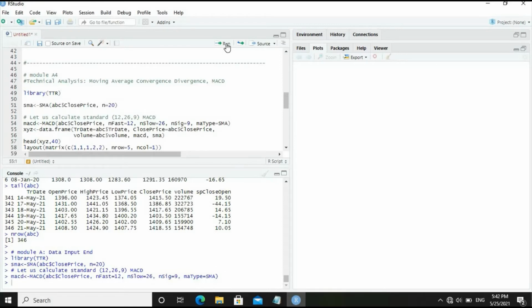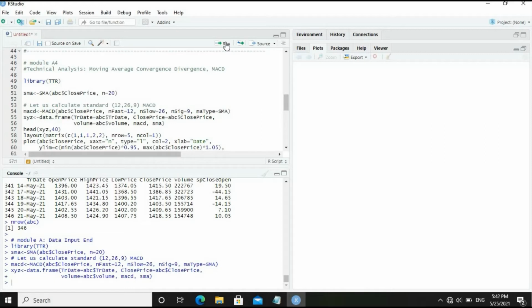The data frame XYZ is formed as ABC$trading date, close price, volume, then MACD values and the SMA. Let us form the data frame. Let's display the data frame for the first 40 values.